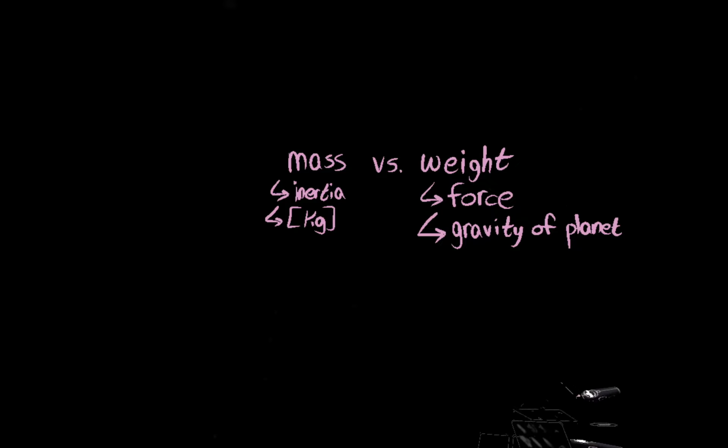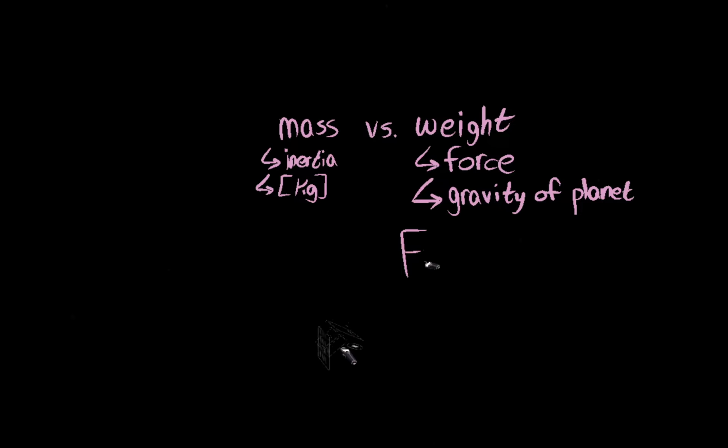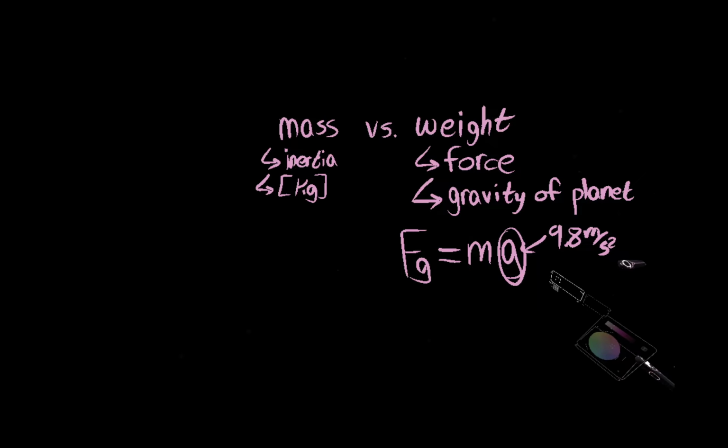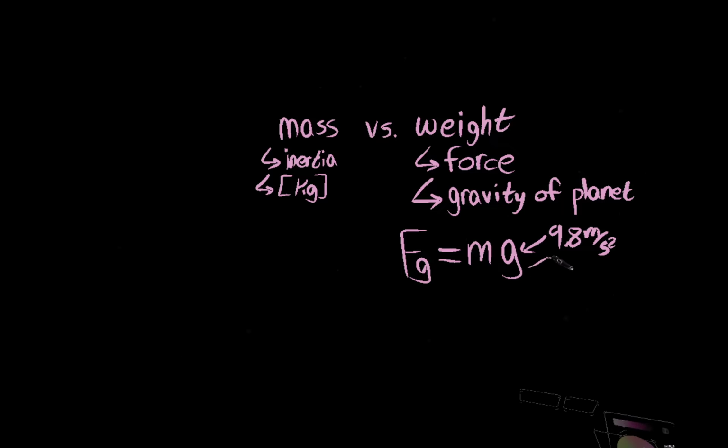Do not use these terms interchangeably. The reason that they're used interchangeably in common tongue is because if you're always talking about Earth, then the force due to gravity is always going to be whatever the mass is times g, and if you're talking about Earth, g is 9.8 meters per second squared, then the mass is the thing that determines the force, given g being the constant thing. But specifically in physics, g is not the same everywhere. This is g for Earth, 9.8.